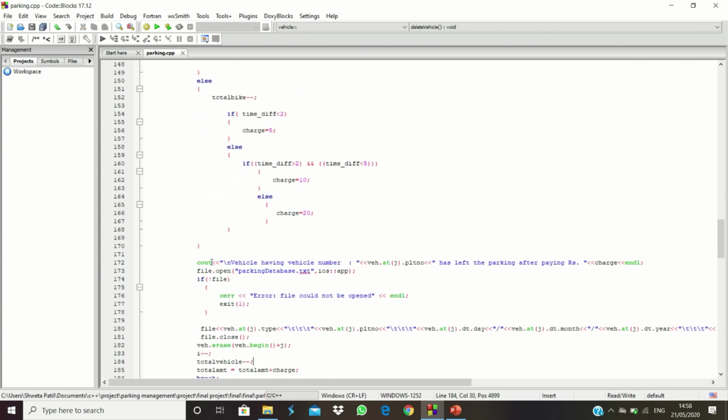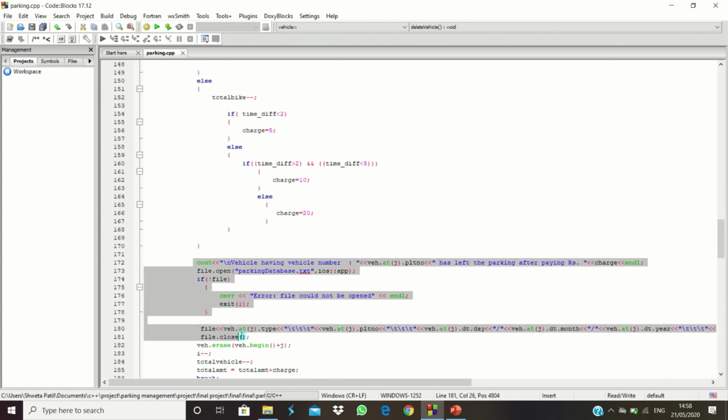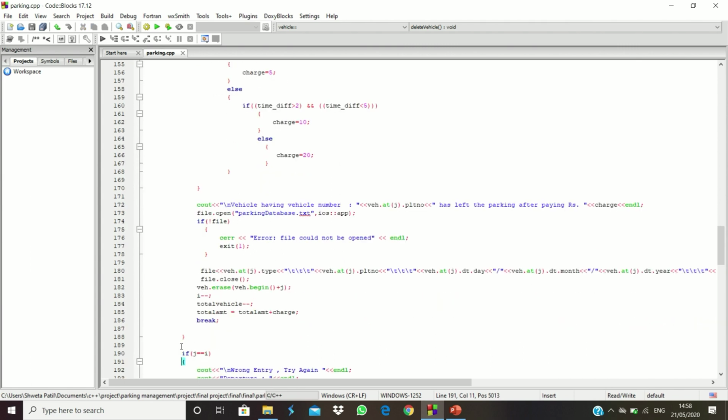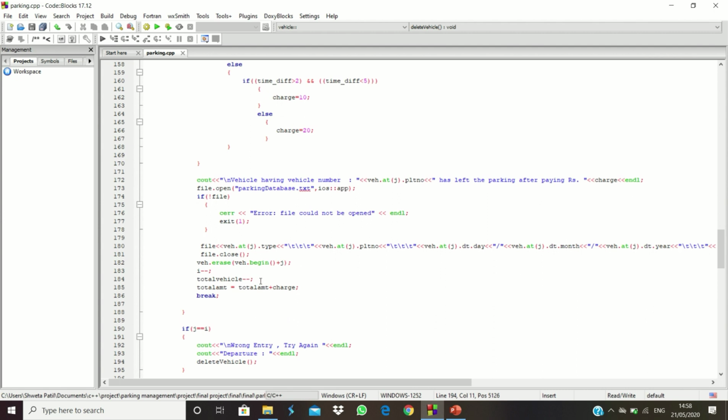After doing all this, we finally put all our information into a file, and after putting all the information in the file, we finally delete our vehicle from our vector. As the vehicle departs, the total count of vehicles and index value are decreased by 1.